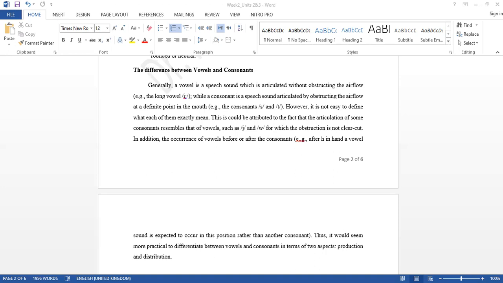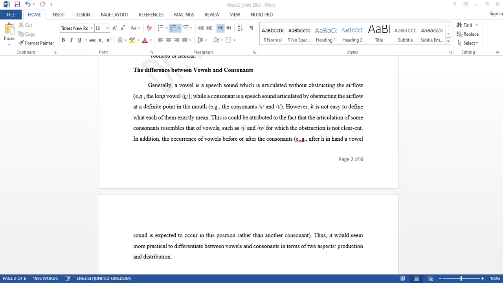Well, is that quite enough to differentiate between vowels and consonants? Now, if you look again at the difference between vowels and consonants from the production point of view, the articulation point of view, that's to say, how vowels and consonants are produced, they are different because vowels are made without obstructing the flow of air, and consonants are made by creating a definite obstruction to the flow of air. Well,